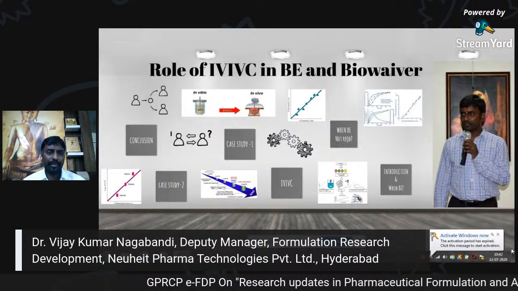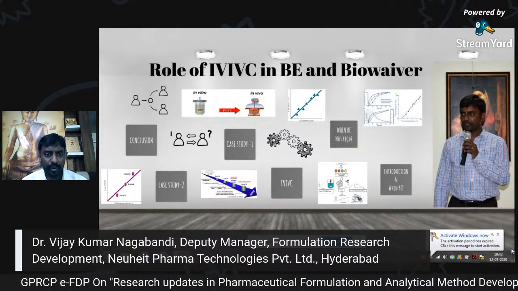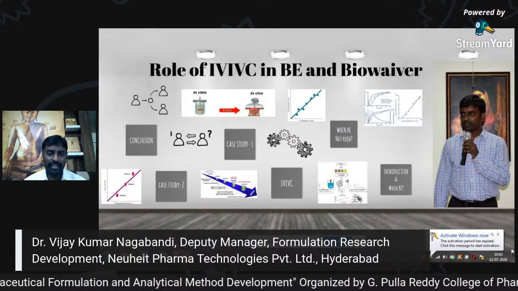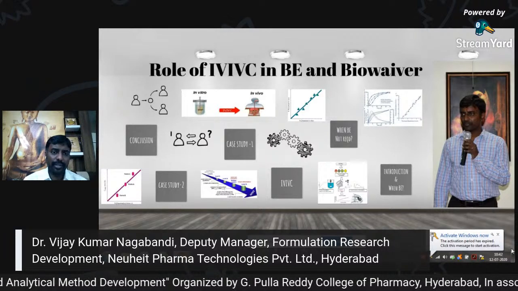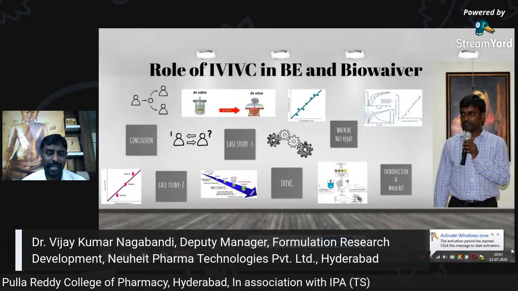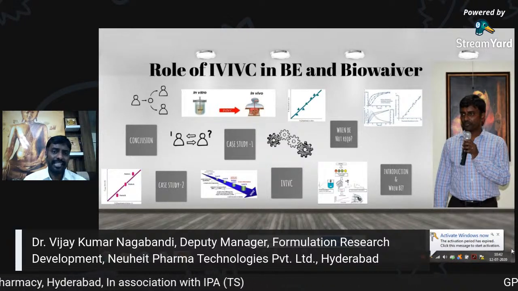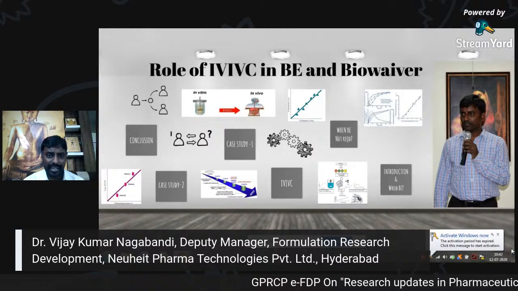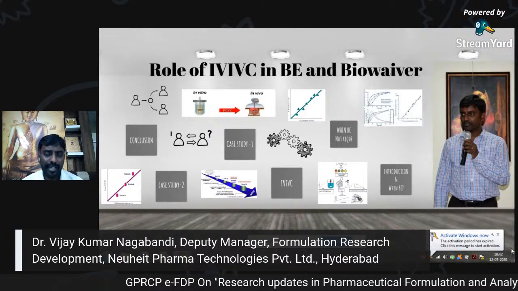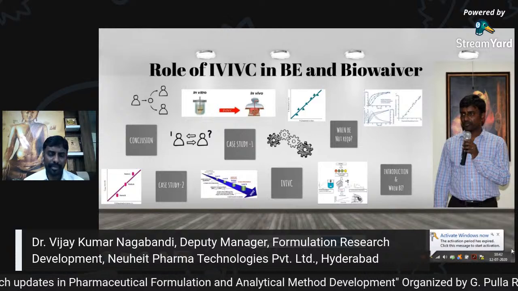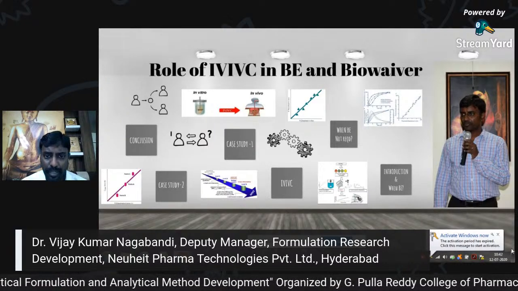To bring the molecule into the market, if the product is chemically equivalent, pharmaceutically equivalent, and bioequivalent to the innovator, then the doctor can alternatively prescribe our generic formulation as a therapeutic alternative to the innovator molecule. As clinical trials are not required and only the bioequivalence test is sufficient, the generic formulation cost is expected to be low.